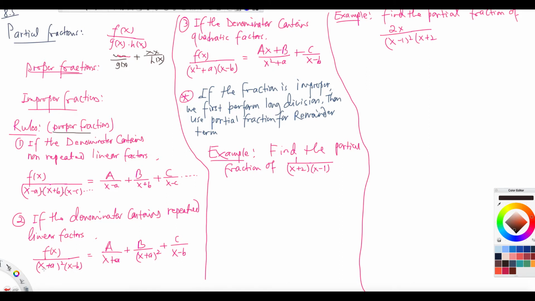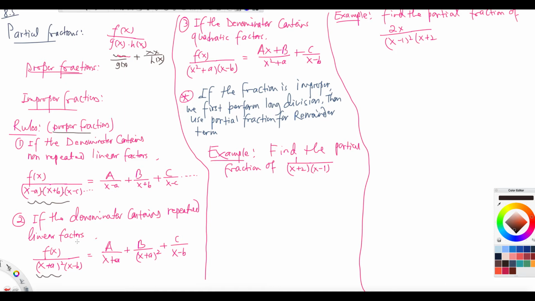If they are repeated, here they are all different, but here this is repeated twice, right? In that case, how do we separate that? You write A over the first power of that, x plus a to the 1, plus another constant B over x plus a squared, and then plus C over x minus b, like that. Meaning that if any linear factor has an exponent, then the idea is you